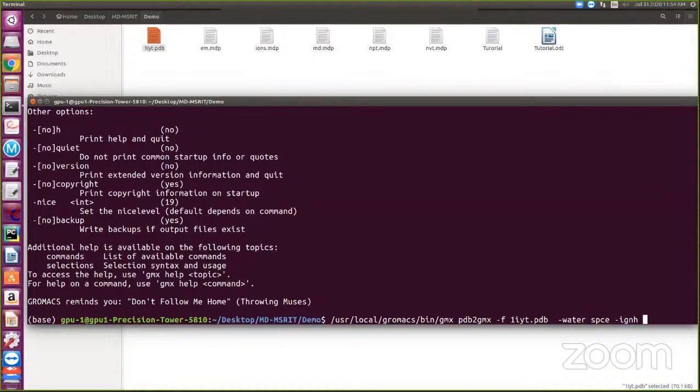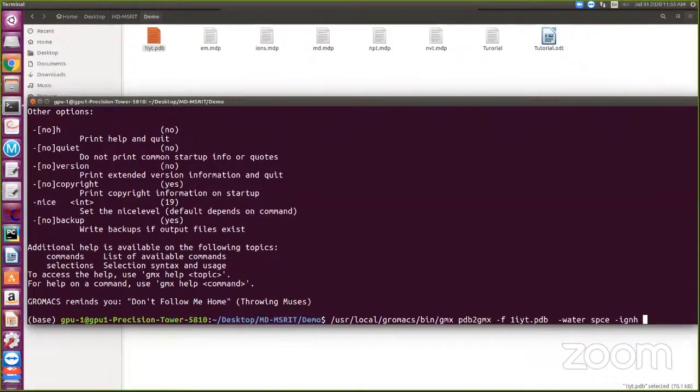If I want to set the protonation state for one particular amino acid, example, ASP, the first amino acid was D, I don't want to use IGNH, I have to use INTR. INTR in the sense, for each and every amino acid, it will ask, do you want to make a protonation state or not? If I want to give 0 protonation, yes. No, 1, no. Like that, we have to set up.